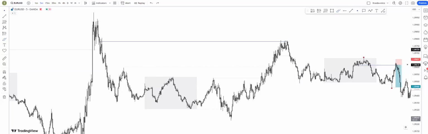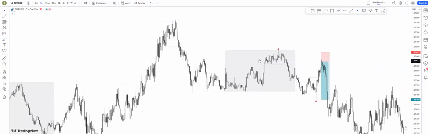So we got Asia that closed right here. Notice also how Asia closed. We can clearly see a strong high swept all of this liquidity, and then it took our structure. All right, so Asia closed with a strong high. That means with high chances, we're gonna be able to target the internal range liquidity.